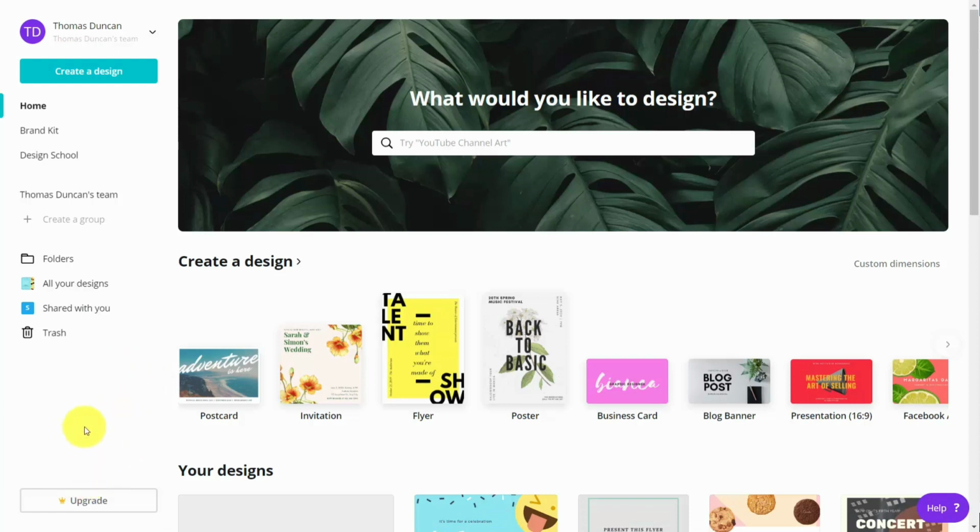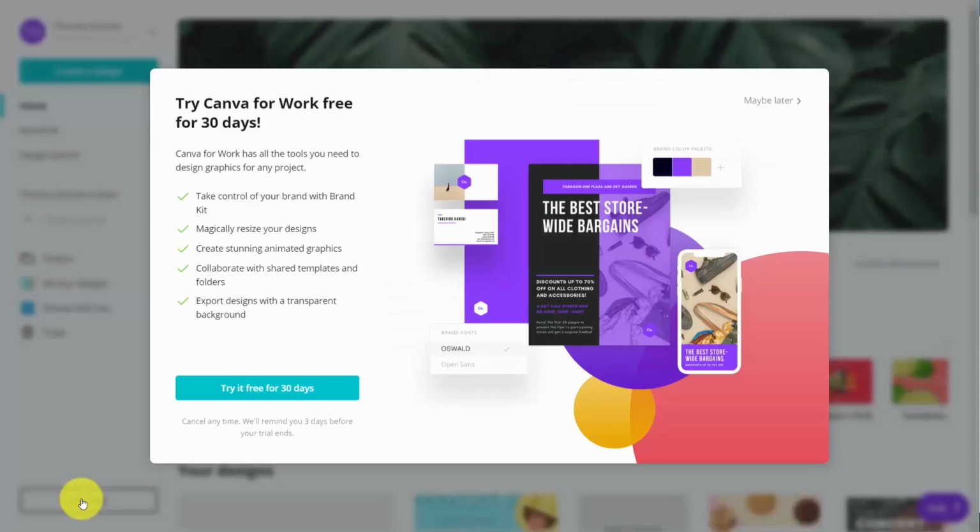Welcome back. Now, you've seen in different places around your dashboard this button that says upgrade, and this will allow you to upgrade to Canva for Work, which will give you access to other tools to create more designs. So in this case, all you would need to do is to click this upgrade button, and you'll notice that there are going to be some things that you're going to be able to do, such as with the brand